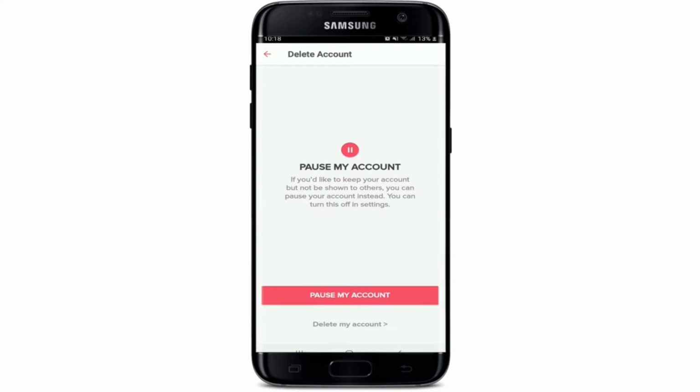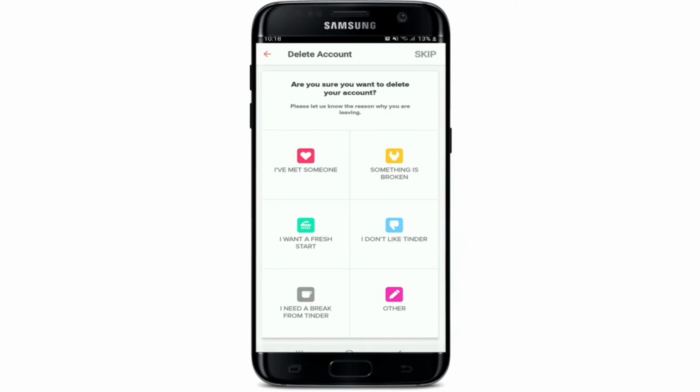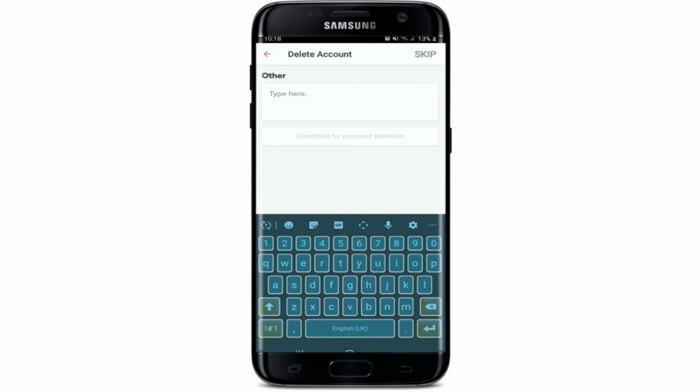You have two options displayed on the screen. If you'd like to keep your account but not be shown to others, you can pause your account. But if you'd like to delete your account altogether, you can tap on the delete my account option at the bottom. Given a reason why you'd like to delete your account, you can select any reason that matches yours from the display, or if you choose other, you'll be able to type in the reason why you're trying to get rid of Tinder. If you don't want to answer any question, tap on the skip button at the top right